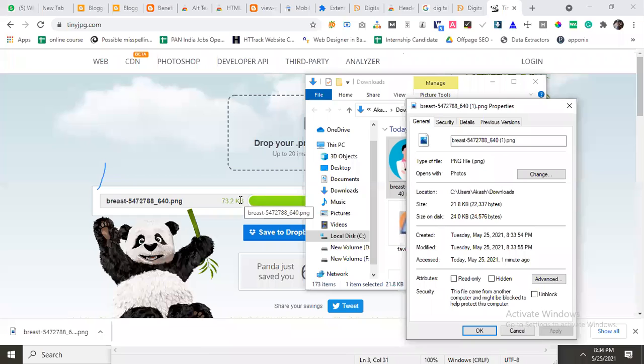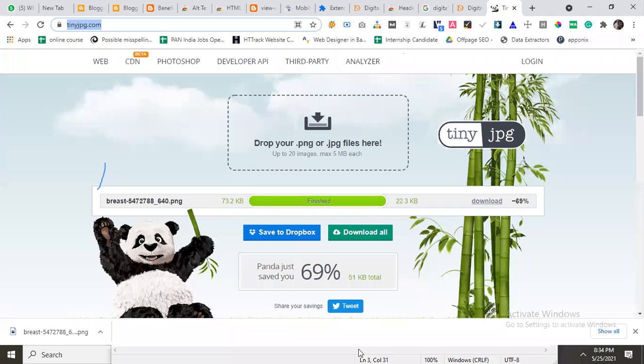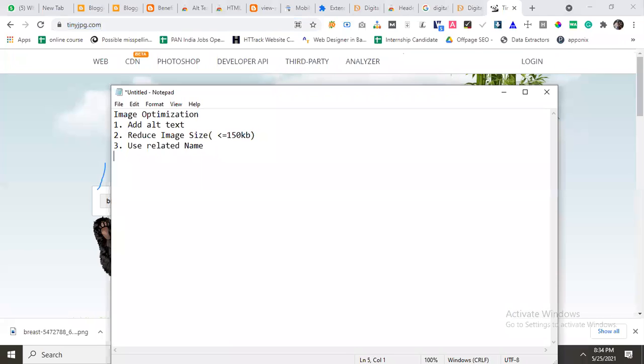And here there is no need for any graphic design or anything. I told you how to compress images the easiest way. Just go to the TinyJPG tool and you can do it. Okay, I will give the list of tools also later for you, not any problem. Use the tool.